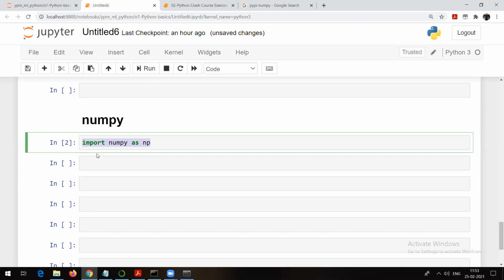Now NumPy has many built-in functions and capabilities. Obviously, it will not be possible to go through all of them, but we can focus on some of the most important aspects of NumPy. So we will be focusing on points like what is a vector, how to create a vector in NumPy, what do you mean by arrays, and why to use arrays. We will try to talk about that. What is a matrix, how to create a matrix, and how number generation happens in case of NumPy.